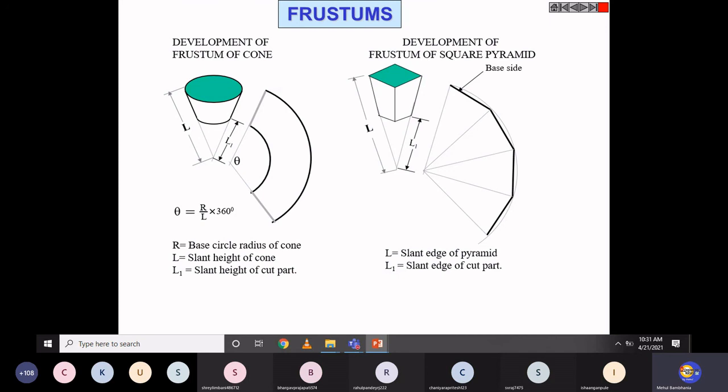Now let's incorporate the information that we already cut this pyramid at this location, from the apex at L1 location. You just take the measurement from the apex to this L1 and then reflect that from the apex to L1. For here, for all edges, you just make an arc in this way.